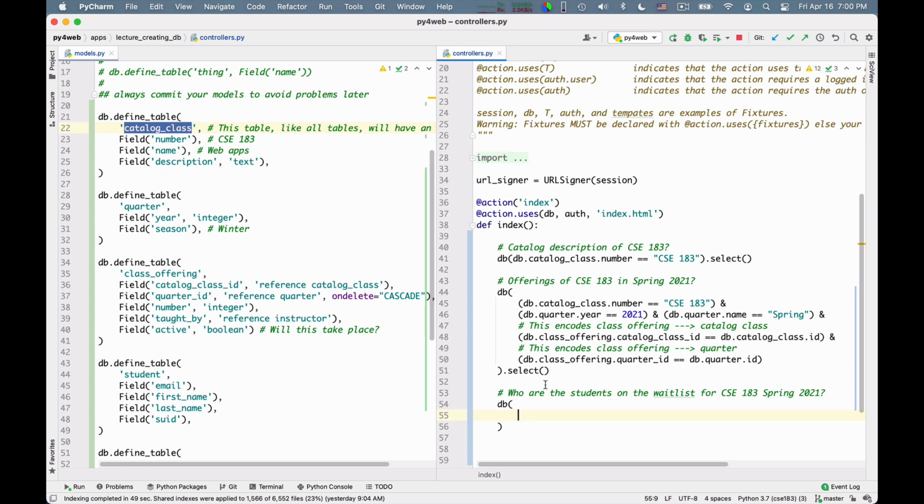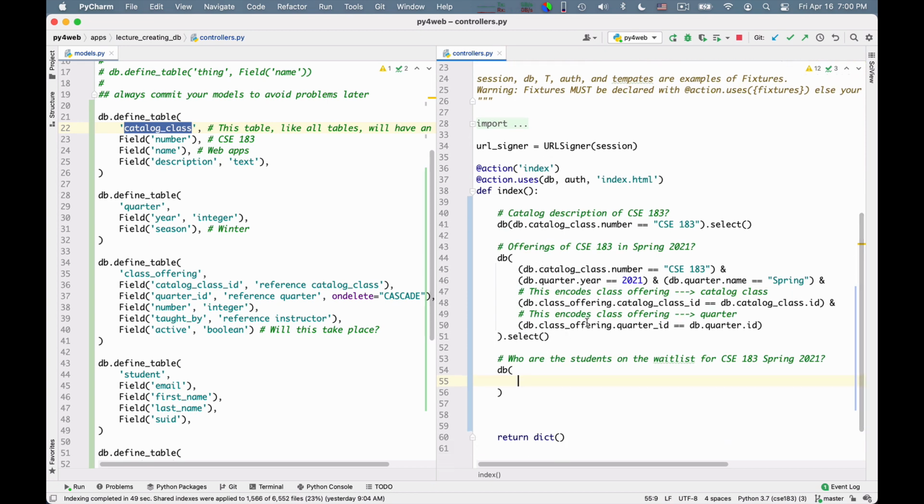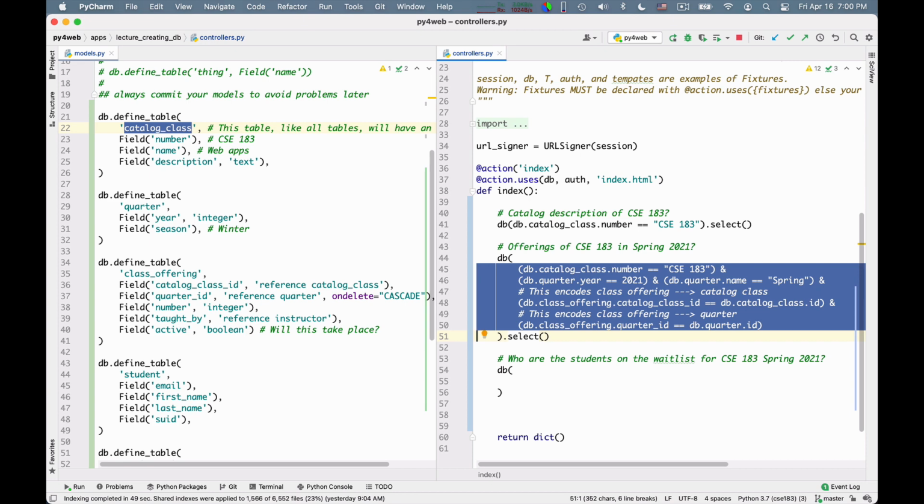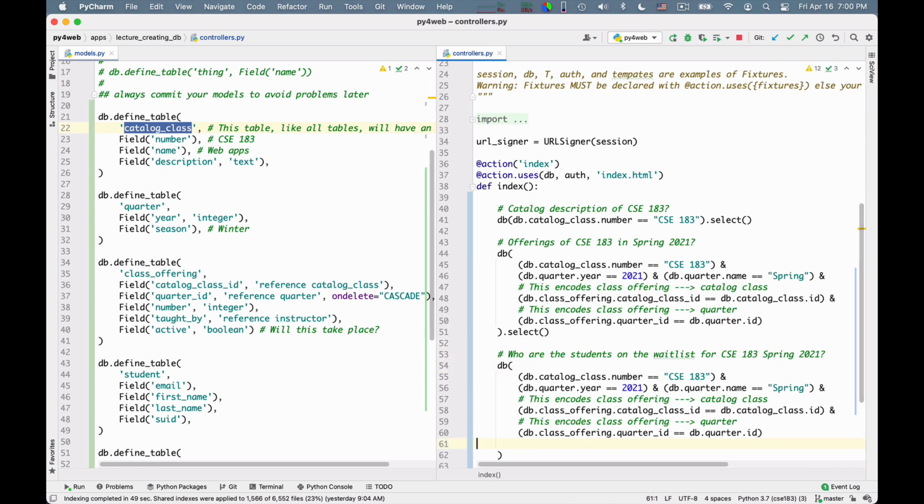At this point I know already how to talk about a particular offering. So I just copy this portion of the query. I'm building a larger and larger query. And then I look at my diagram and I have to follow also these two arrows, right? So to the registration and figure out who the student is.